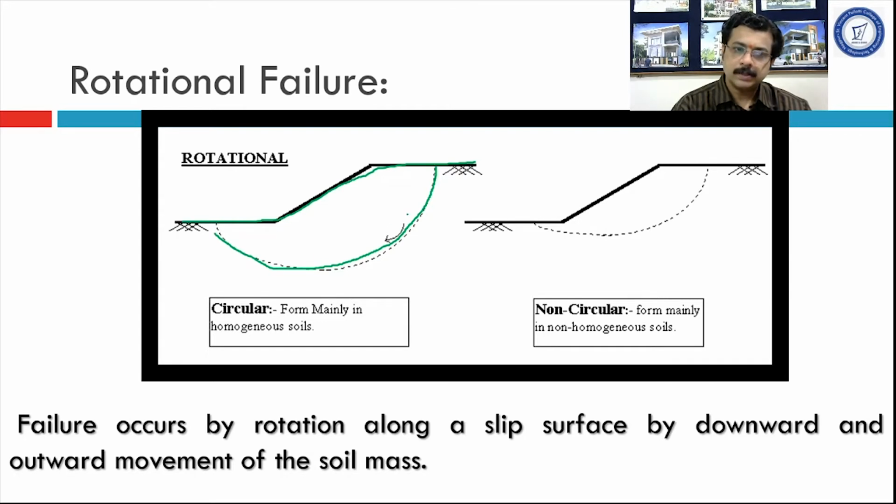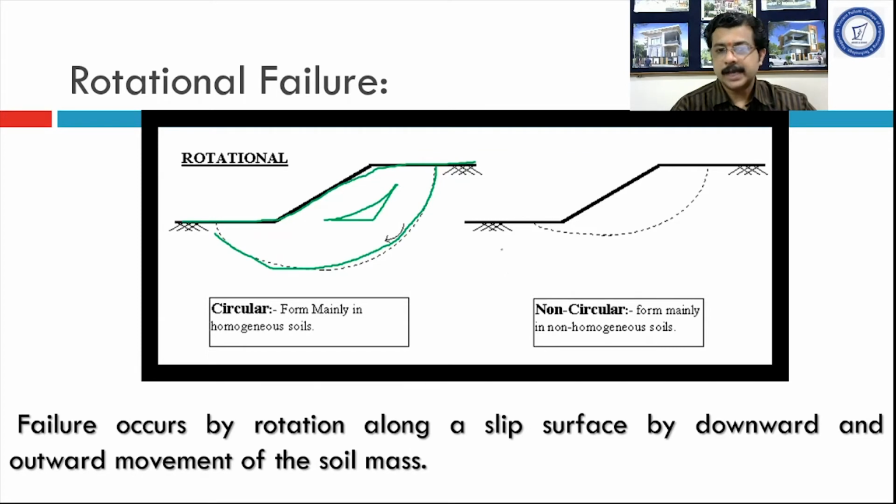This circular path is called the slip surface. Alright, so how would this slip surface cause the failure? You can observe here, this soil mass will move downward and also outward. So the resultant displacement would be like this. In this way, this slip surface will form an arc of a circle. So when the soil mass is homogeneous, the failure is observed almost as an arc of a circle.